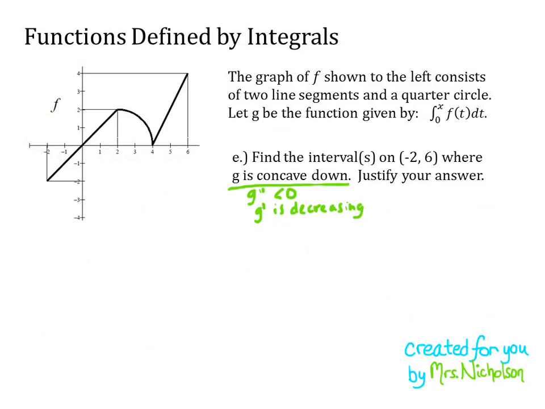Because remember, let me annotate one more time. G is area, g prime is equal to f, g double prime is the slope of f. And while we could look at the slope of f, why not just look at f? G prime is equal to f, and so g prime is decreasing really means we're looking for when f is decreasing. So if we look at our graph, you can see that f is decreasing right here. It's on the interval 2 to 4. And so our answer would be g is concave down